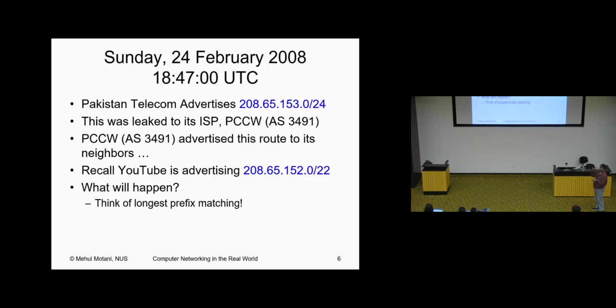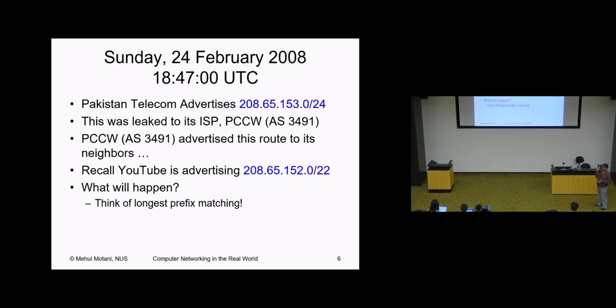And this is fine. Pakistan Telecom gets its service, its internet connection, from a Hong Kong ISP called PCCW. And the good thing is now we can start putting up the AS numbers, because we talked about autonomous systems. On the internet you can identify people by their AS number. So PCCW is AS3491. This advertisement will go to everybody, including AS3491. And that's no problem. It's on the network, it should get it. But what happened is